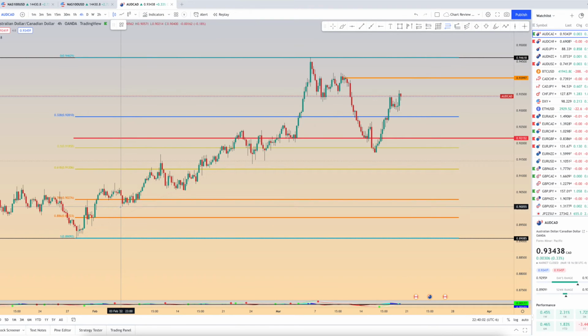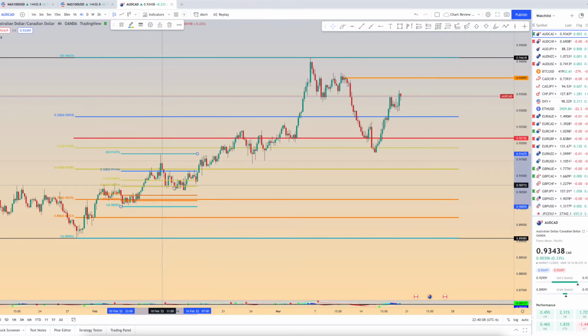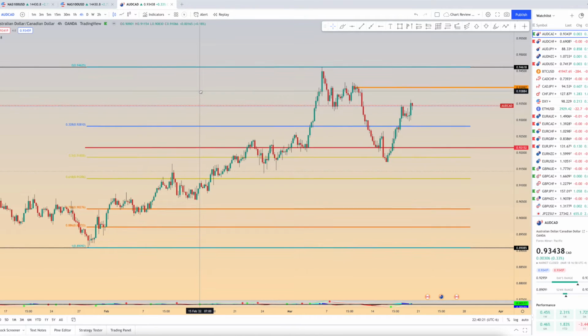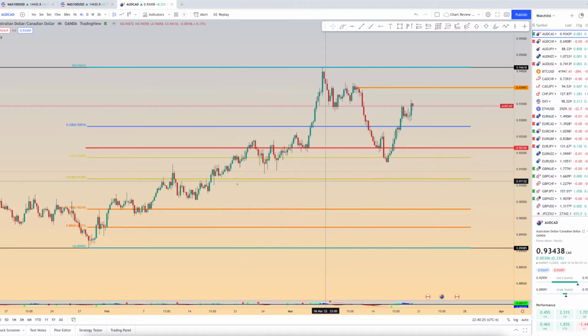Like, for example, if we go from this low to this high here, we see it went down to the 618 but started going higher. So it wasn't even as deep as we would like it to be if it was going to be something that retraces all the way down for us to be able to snag higher. All right, 618s are typically very good indications that this is still a continuation, although it might hover around that